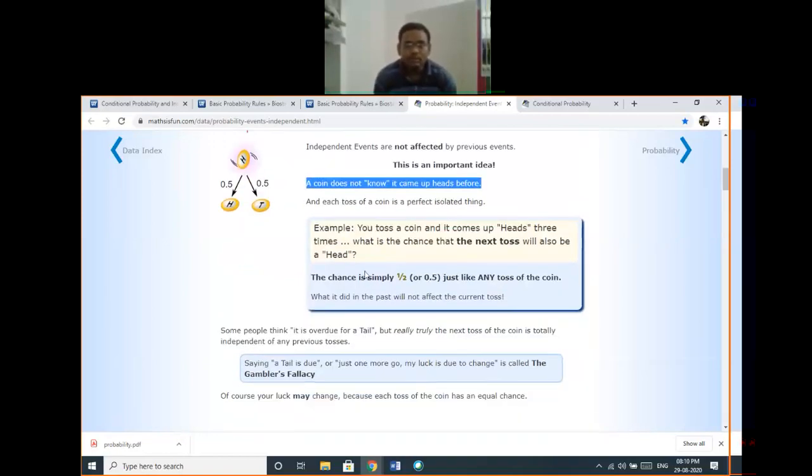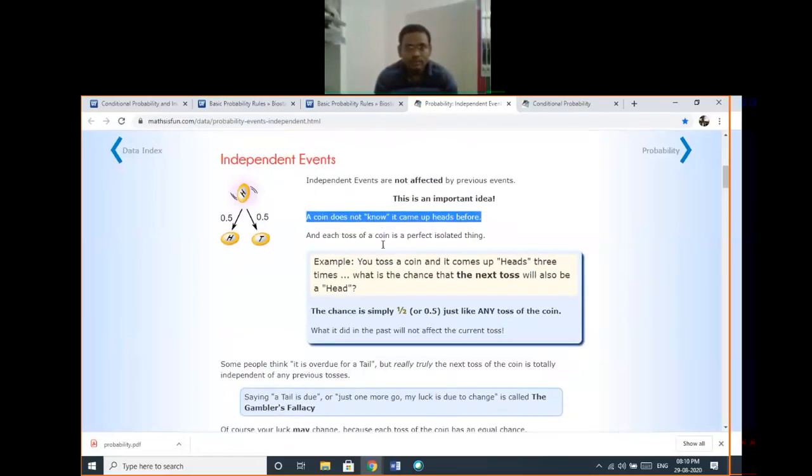Okay, so it may be a fair coin. There are chances that the coin may not be fair, that means both the sides may be head, or both the sides may be tail. But a fair coin always has both the sides printed differently. One is tail, another is head. So these are the terms.